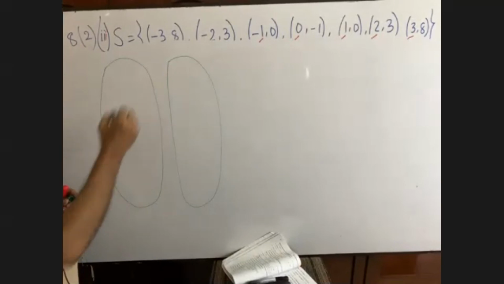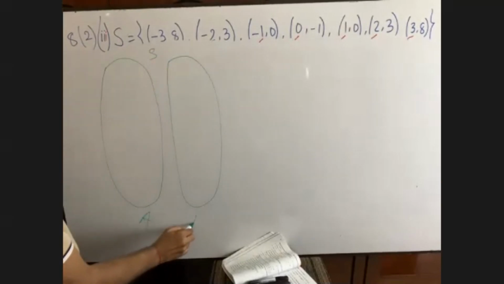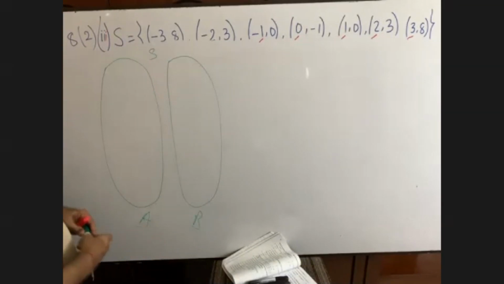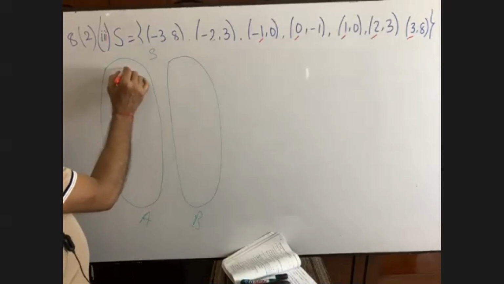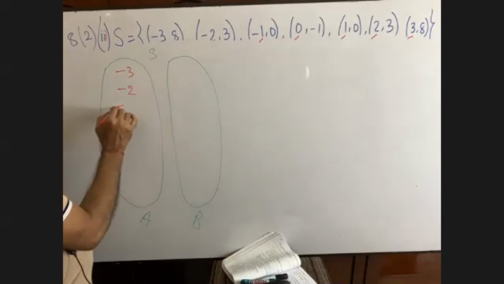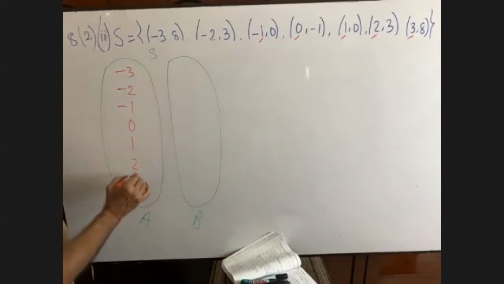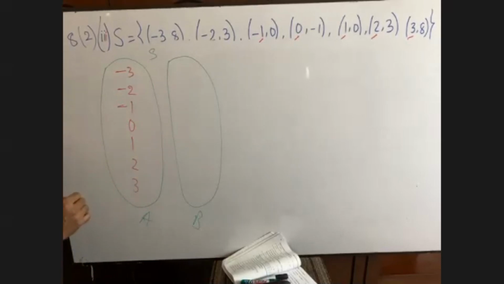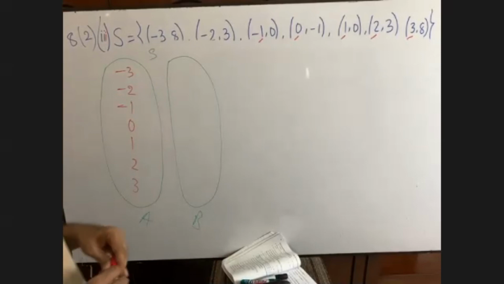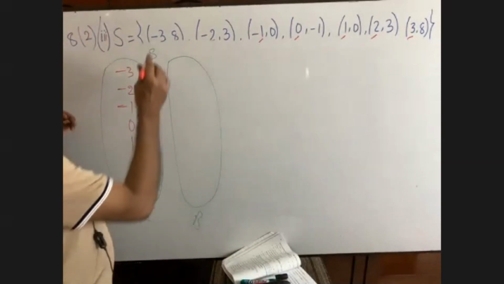It is S. It is A. Write down here A. It is B. Now you write down the first one. It is -3, then -2, -1, 0, 1, 2, 3. Right? And here we are getting 8,